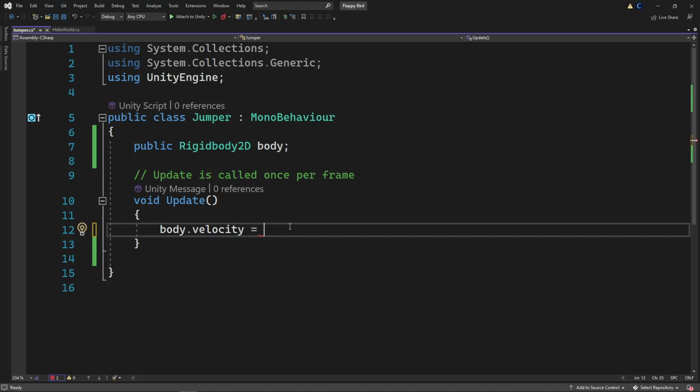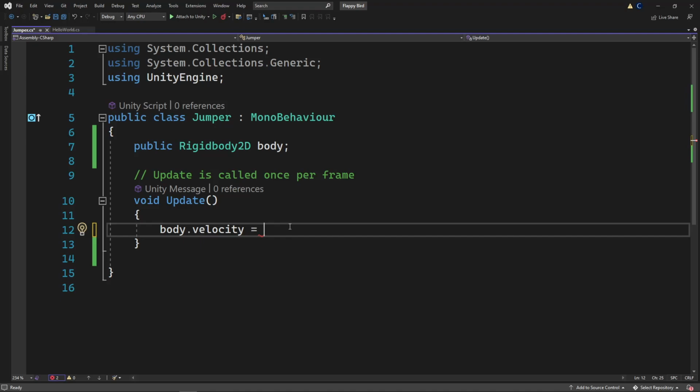And then inside of this, I want to tell the direction that this velocity is going in. So we do not want it to go left to right. So I'm going to set the x to 0. The first value is x, the second value is y. And then I can separate the values by typing in a comma. And then the y value, I want to make some positive number, something that's going up. I'm going to make it just 5, for instance. If I hover over Vector2, if you have the Unity integration, it'll tell you exactly what is expected here. There's float x, float y. Float is like a floating point decimal. It means that it could be 0.5 or 5 or just anything that has a decimal.